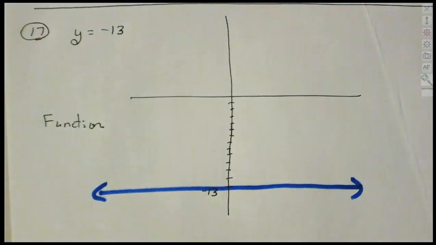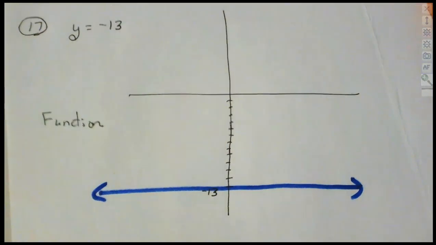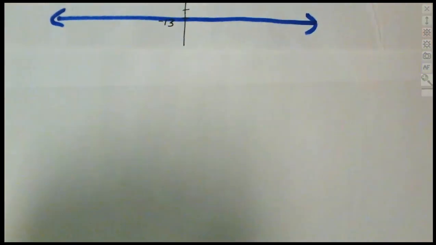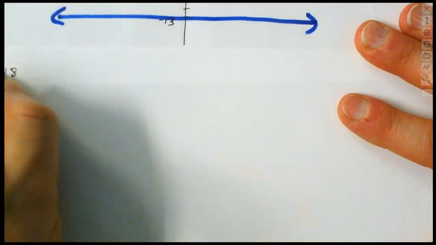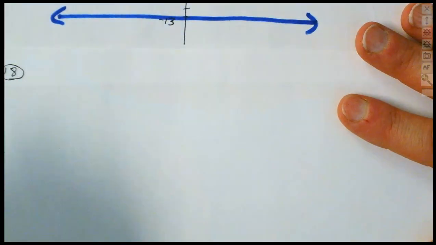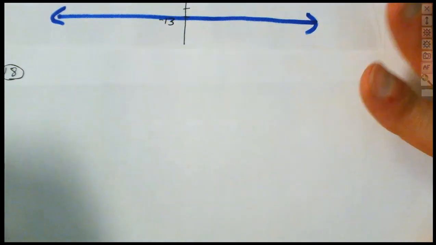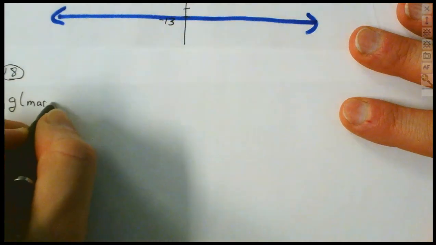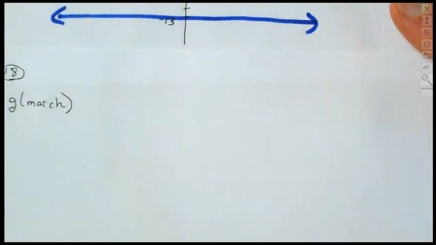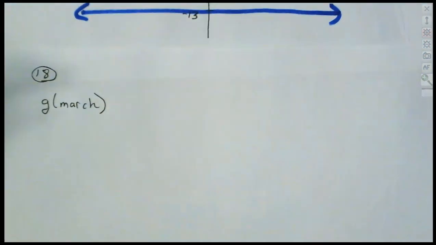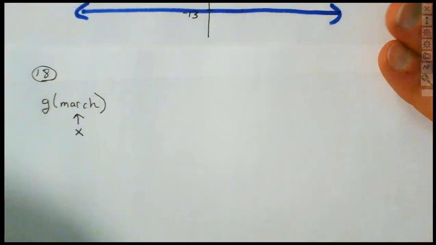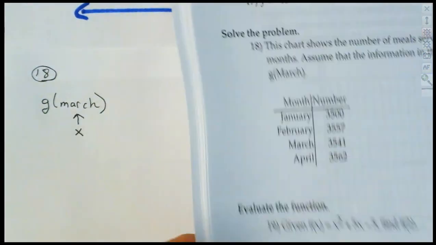Question 18. Okay, question 18 is kind of like question 5 that we did, where we've got to read a table again. And on question 18, we want to find g of March. Now, normally it's f, but it can be g or any other variable. It could be an h here. It doesn't matter, but whatever's in here, that's going to be your x value. And so that goes in,